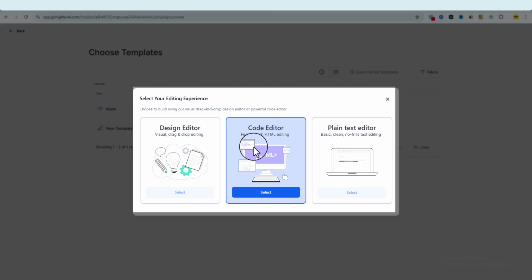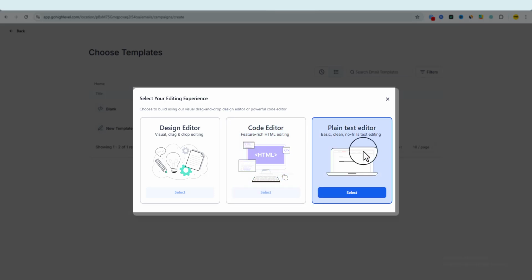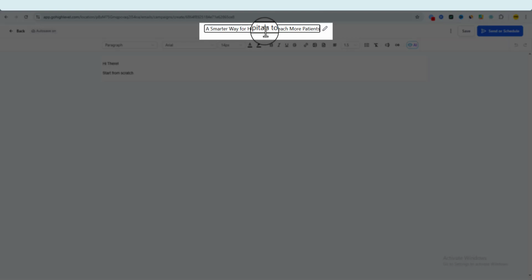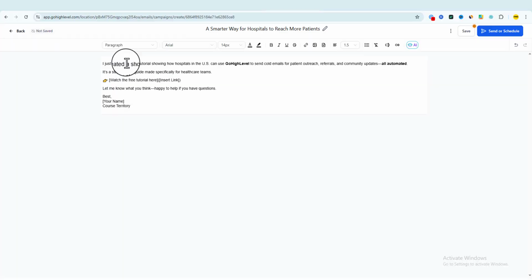So now proceed with selecting your writing experience, as you can choose from 3 different options available on GoHighLevel. For me, I prefer the plain text option, as I also recommend this to beginners. Now, once you've been able to choose that, go ahead and give your campaign a name. From here, it becomes so easy with your email copy. So go ahead and write your email copy, and if you've copied it from somewhere, you can paste it